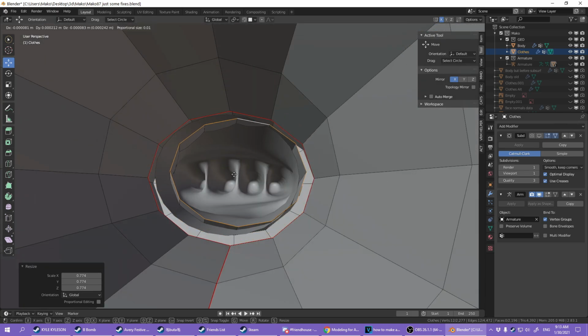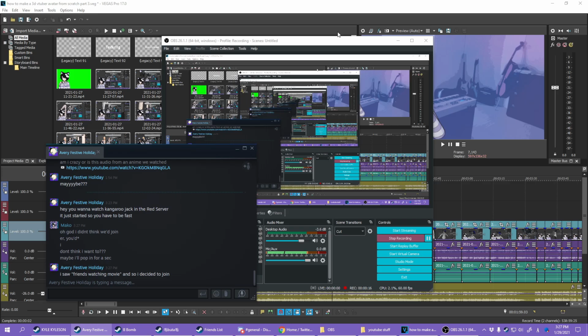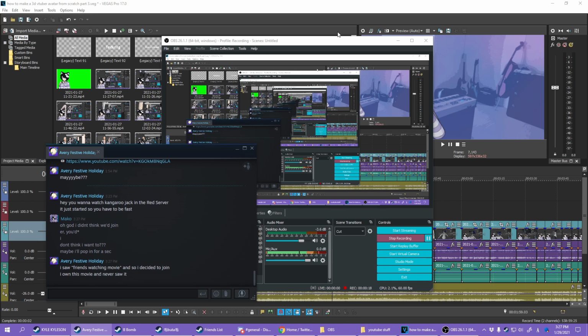You don't want the entire clothing to be two-sided. The only time I'd say you should be able to get away with using a solidify modifier is for pieces of clothing like the hood of a hoodie, where people are going to be seeing both the inside and the outside of it. But you're not going to be seeing the inside of your sweater, so don't solidify that.